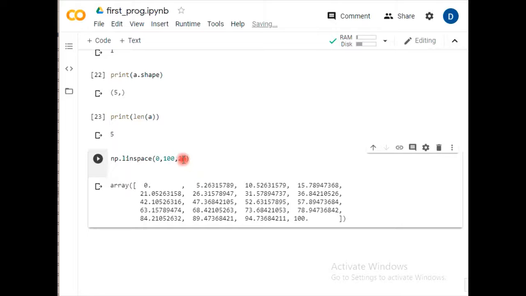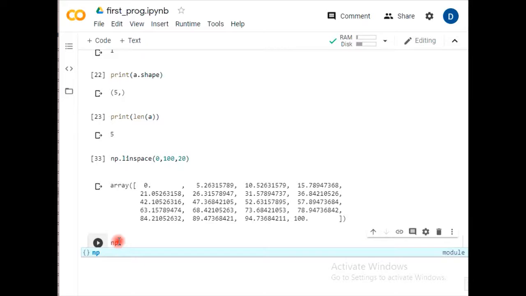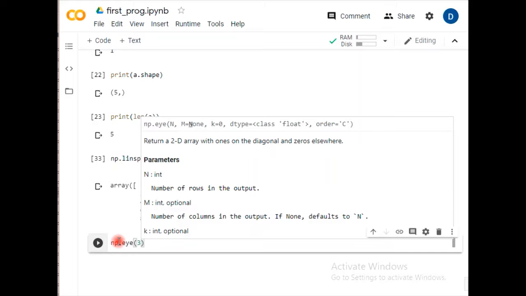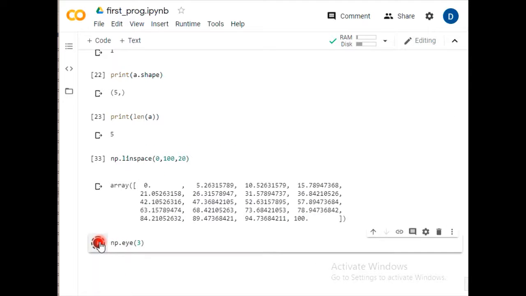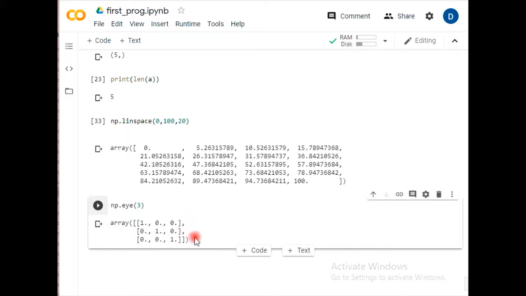Next, we have np dot I and 3. So it can create an identity matrix of 3. Similarly, for 2 dimensions and 1 dimension, it has a large number of functions.